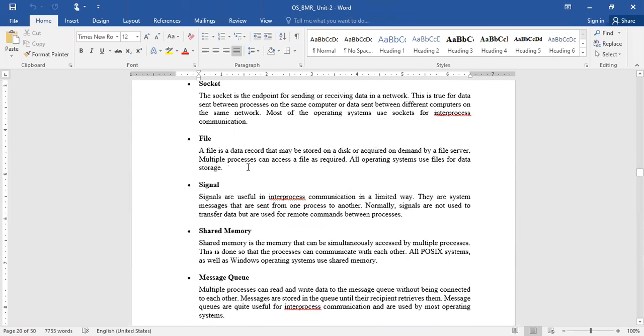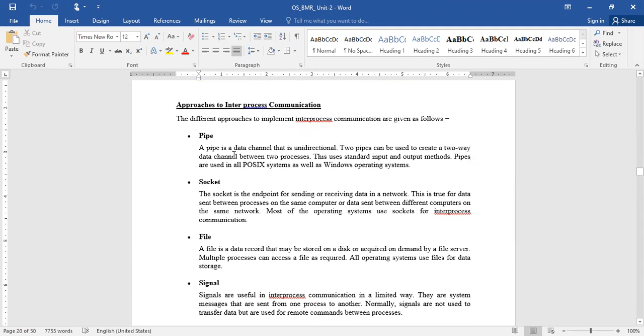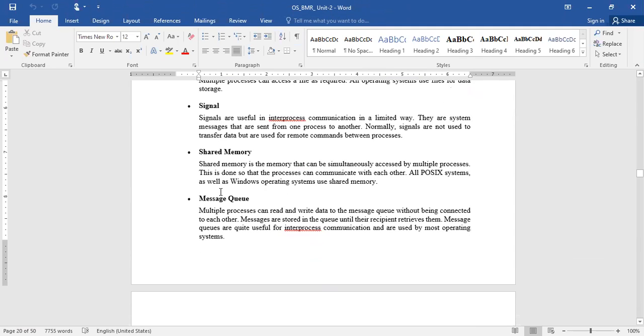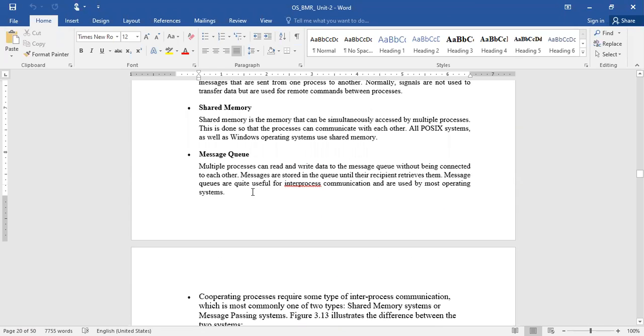So let us have a broad look at shared memory and the message queue. The first point everyone should understand is that these are the different approaches used for implementing inter-process communication. You may implement it by using pipes, socket, file, signal, shared memory or message queue. By using any one of these approaches, you can do it. Now coming to the point, cooperating processes require some types of inter-process communication.